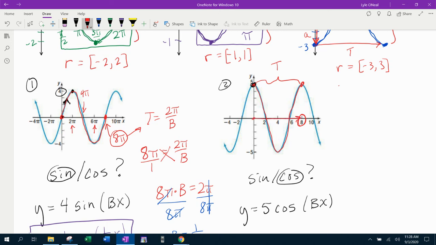So that is our period, and the period formula is 2 pi over b, and then I can solve for b. So I'm going to make that a fraction, cross multiply, 8b equals 2 pi, divide both sides by